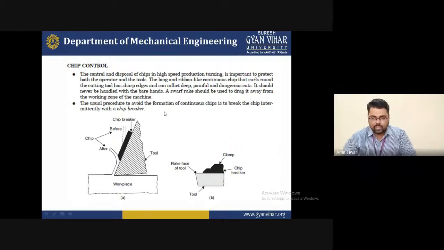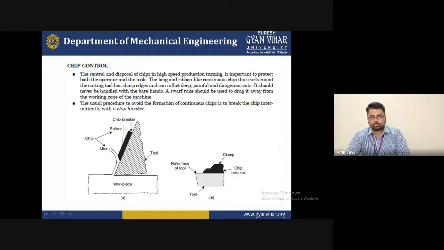So you can see in this diagram, this is the portion we can see in section B. This is a tool and this is a chip breaker fixed on the surface of the tool. This is the rake angle; a larger rake angle will provide good machinability. During the machining operation, the tool removes the workpiece and forms a chip, and this chip will not break, because with the help of the chip breaker